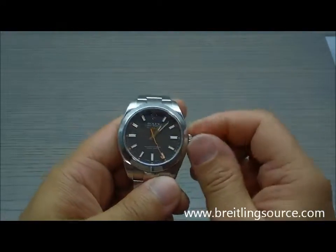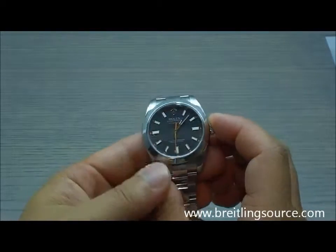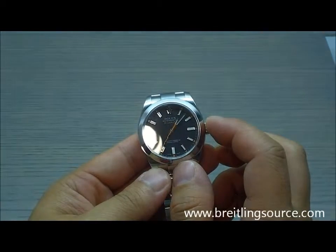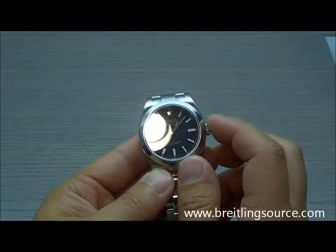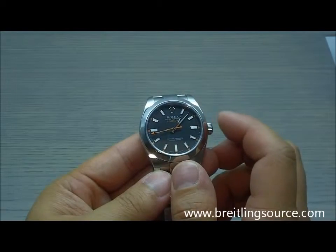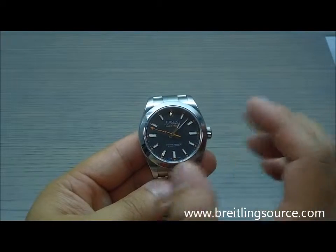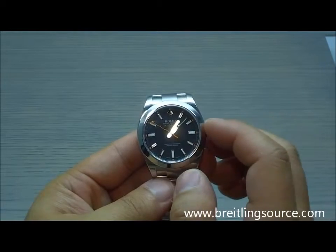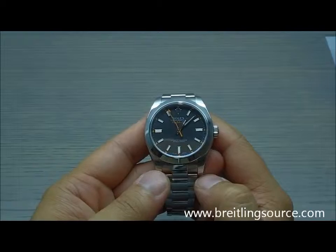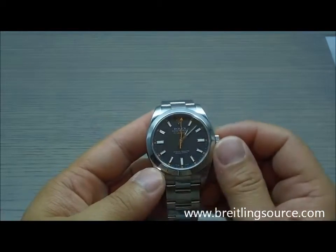What I do like about the no date movements in the larger cases is that the Datejust was built for a 36mm case or smaller, and when you see the Datejusts in their larger 41mm cases, they don't quite look right. But the Milgauss, because it doesn't have a date on it, it doesn't have to compensate for that sort of location, and Rolex, I think, may have done a less than elegant sort of execution of that 41mm Datejust,